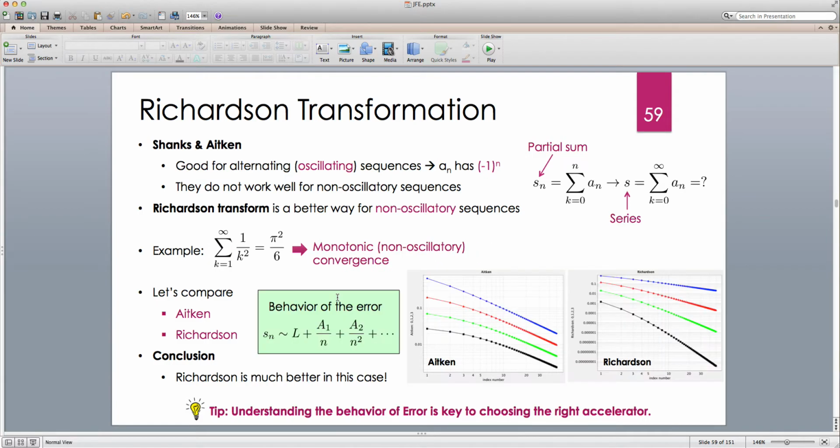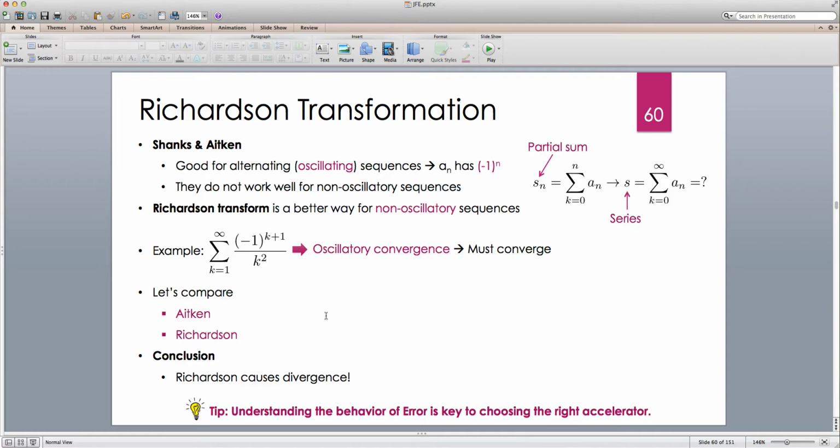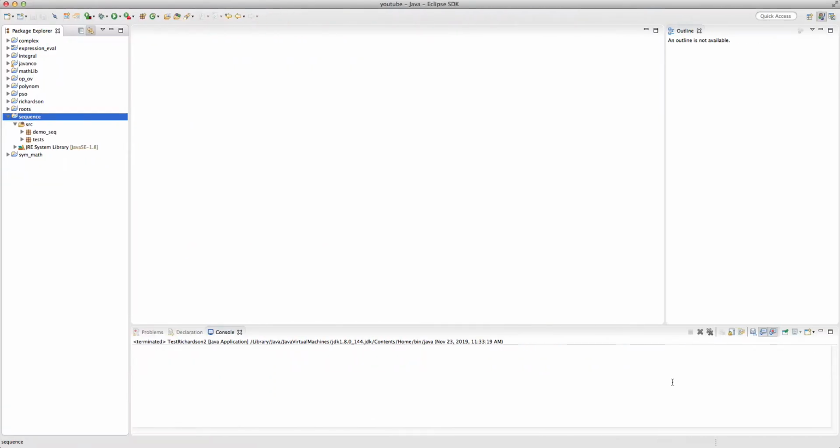So the behavior of the error is still 1 over n, right? But the coefficient could be positive or negative. And we are going to do exactly the same thing here. We're going to take this and run Aitken and Richardson and see which one provides a better convergence. So let's head to Eclipse, and